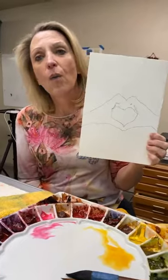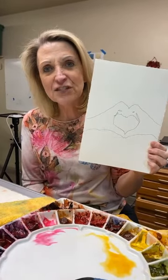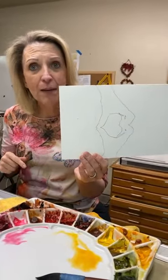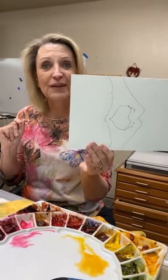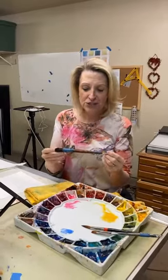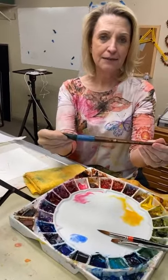140 watercolor paper, cold press, 1/8 of a sheet. Again, you could do it either way, and it's on Drop That Brush if you would like to print this out. Then we're doing 3 brushes, a big brush, a Princeton Neptune 8,